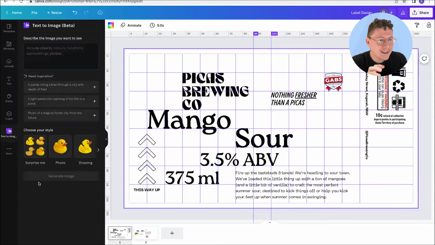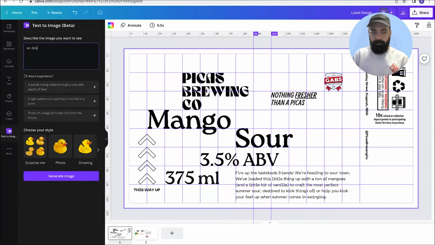Wait, hang on a minute. So you're telling me if I can't find an image that I've got in my head and I've searched and I can't find a photo, I can actually just type in what I want to look for, and it'll be automatically generated by AI. AI will generate something for us. So the graphic that I want is an ibis, because don't we all love ibises in Sydney? Eating a mango